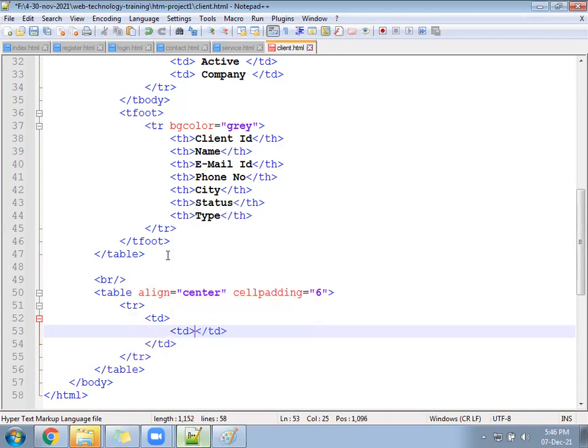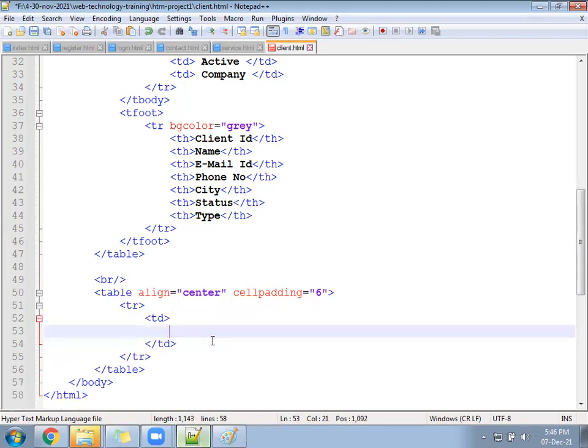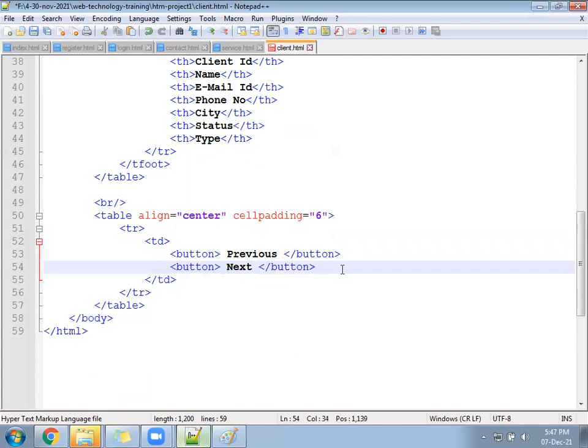In the first TD, one button called previous, one more called next, previous and next.